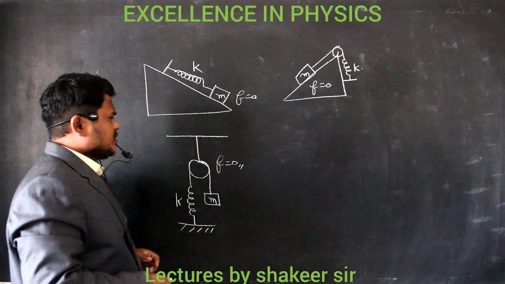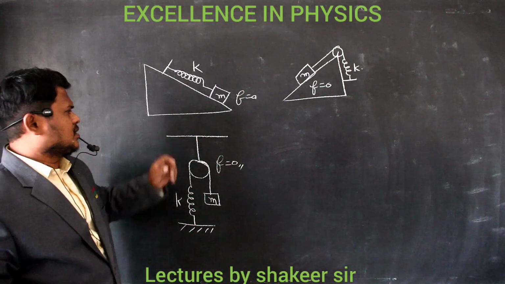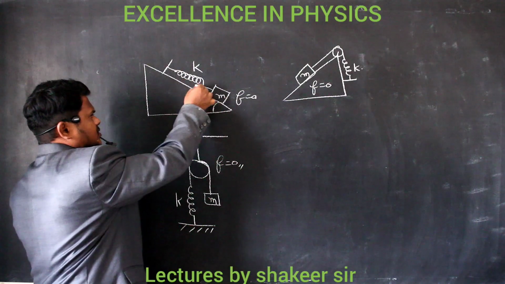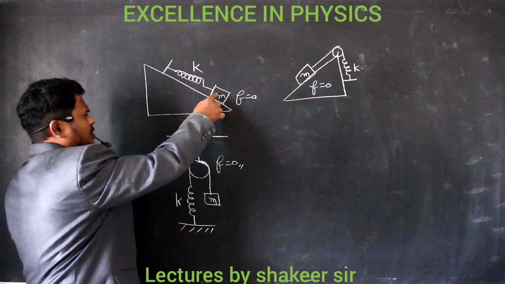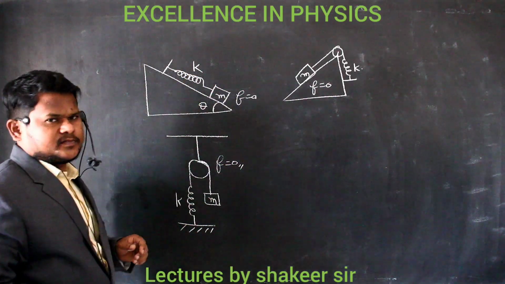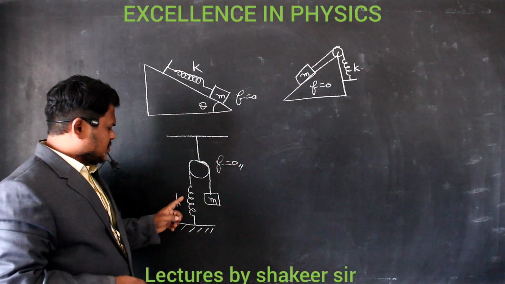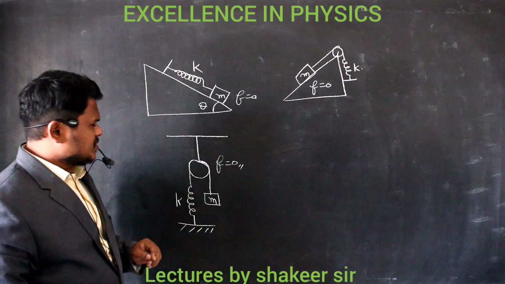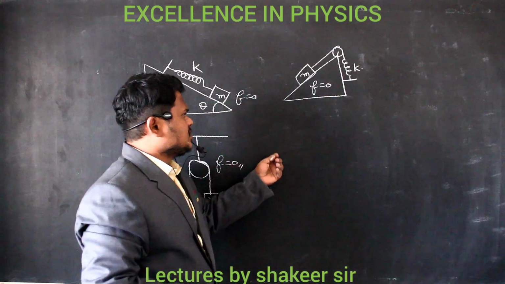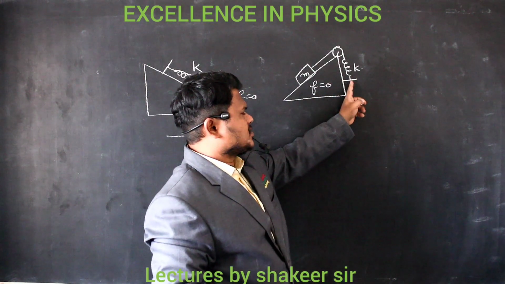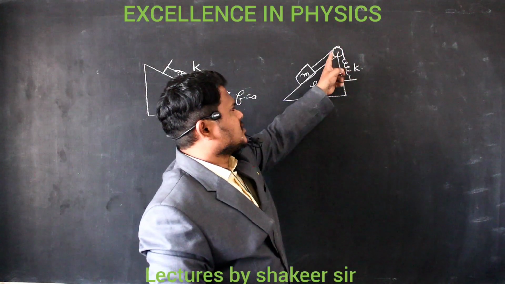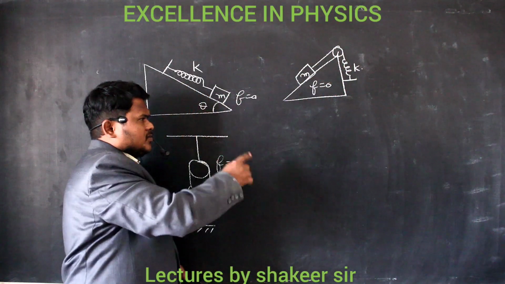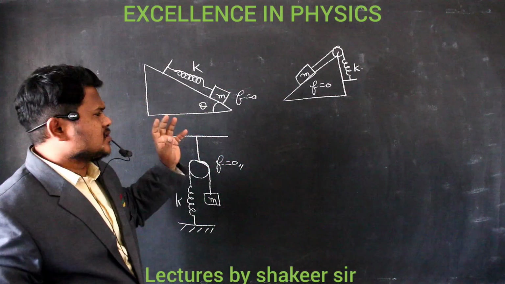See these conditions. This is an inclined plane which is present at an angle of theta. This is the spring whose spring constant is k and it is attached to a mass of m. Here there is a spring and a thread passing through a pulley, and again a mass of m is attached. And this is also a spring attached here, and the string is passing through a pulley, and the other end of the string is connected to the mass. Now what about the time periods of these systems?